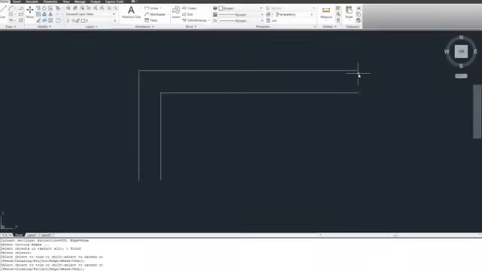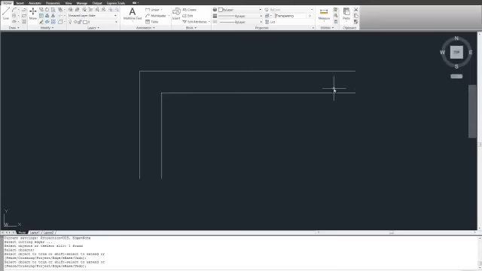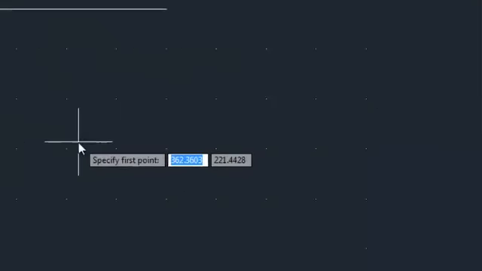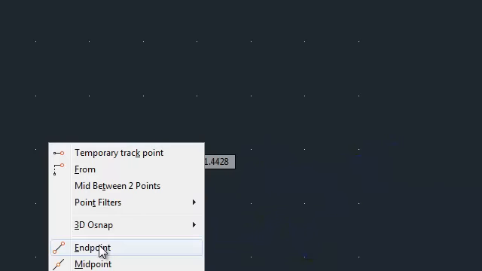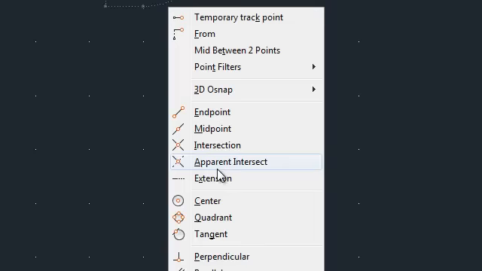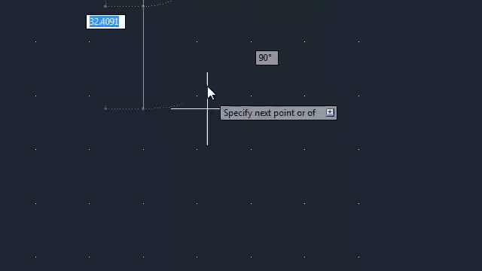I will finish this off by drawing some lines across the ends, and I'll use snap to endpoint to accomplish this. So I select the line tool, and I'm going to press Control and right click the mouse at the same time just to get the quick access to the object snaps. I'll select endpoint, click here, and then I'll do the same again, press Control and right click, select endpoint